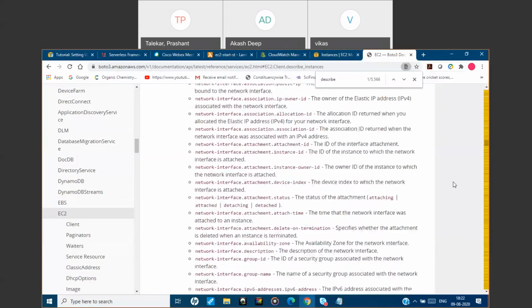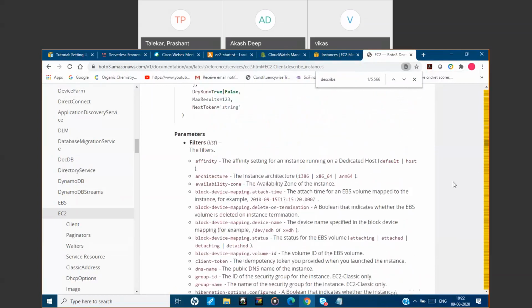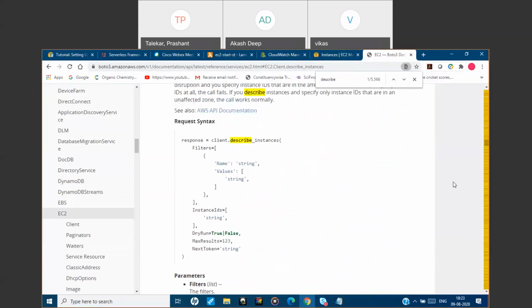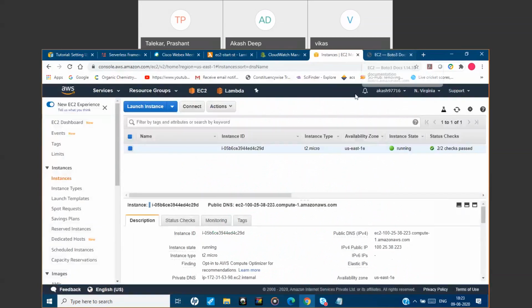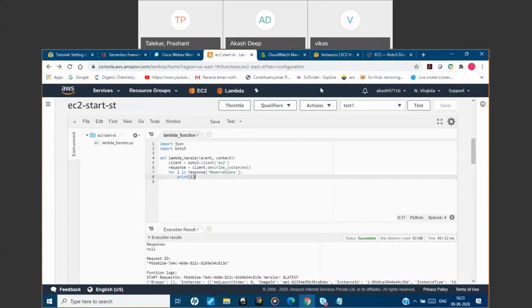There is a separate API call for that. I think it lists the instances by a status, something like that. Yeah, exactly. So under the parameter you need to pass the status equal to something like that. So describe instance will give you the complete list of instances, and now if we go here,